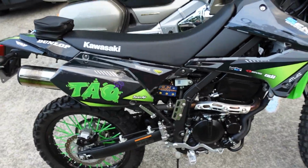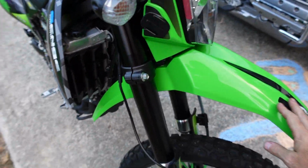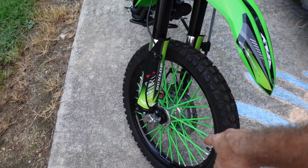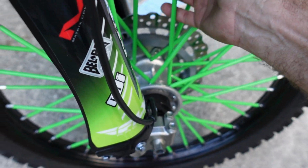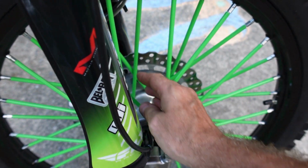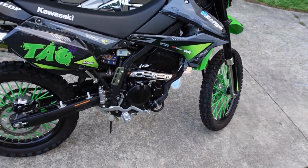Anyway, I ordered a graphics kit for it. Got the YouTube logo there. The reason is I wanted that blacked-out stealth look. Added the green fender with a little sticker kit on it. All of this green is genuine Kawasaki stuff. Got the spoke straws on there. They're the American-made ones. There's one company in America that makes these, and I guess they're TPU or something. They're really durable. Some of the ones you get from China are thin and poor quality, but these are super thick, quality stuff. Love the KLX. It's weak, it's only a 250, but it's still fun to ride. It's got plenty of power in the woods. So then,